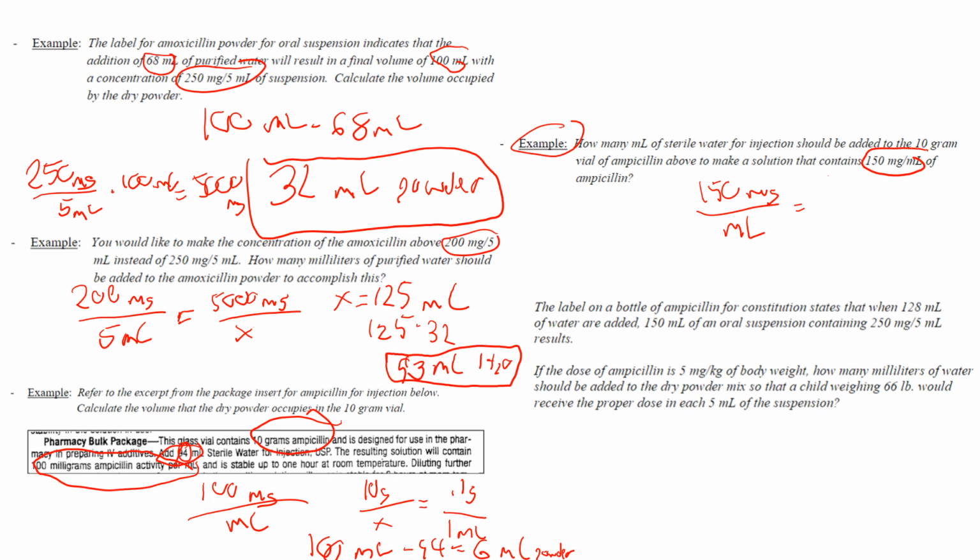So instead of making this milligrams, we'll make this 0.15 grams. And then we'll make this 10 grams over x, so basically how much water we should add. So if we do this, 10 divided by 0.15,